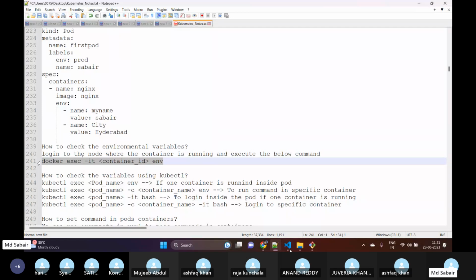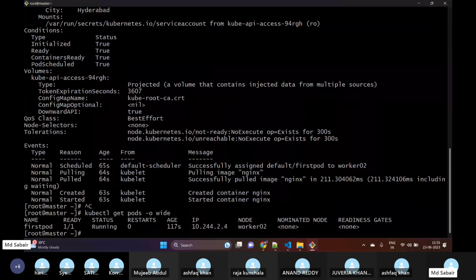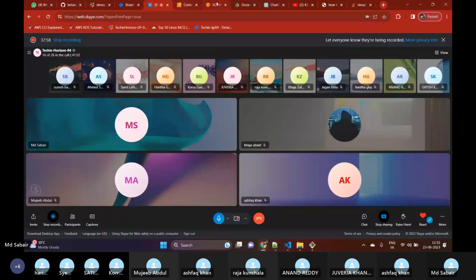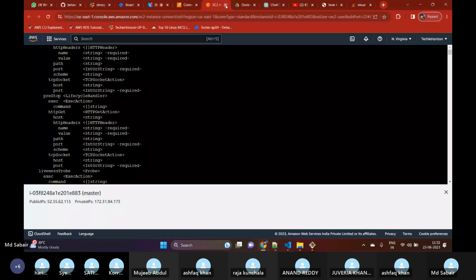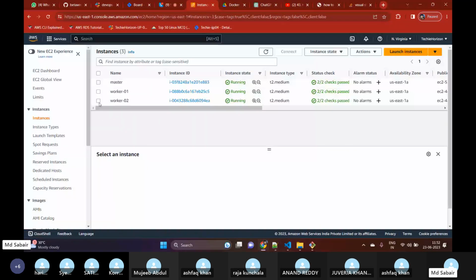For example, let me show you this as well. kubectl get pods -o wide. Where is this pod running? This is running on worker 02, right? So let me try to log into worker 02 now. If I go to my instances, and go to my worker 02 and try to connect to the EC2 instance,